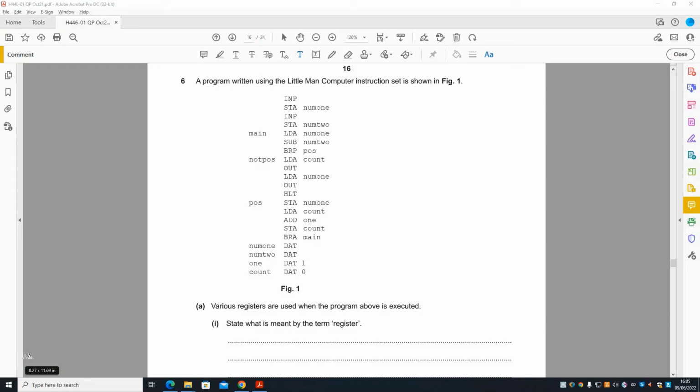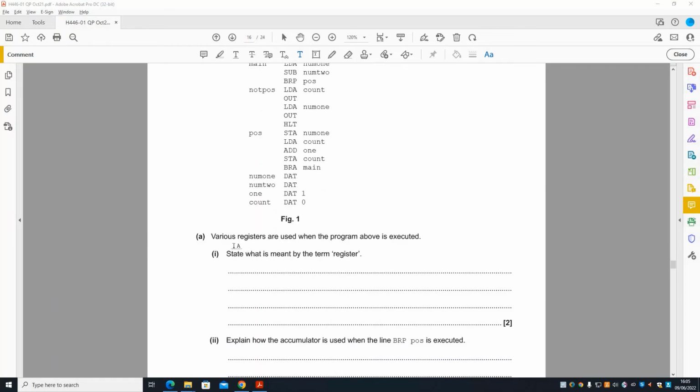Question 6. A program written using Little Man Computer instruction set is shown in figure 1. And then we've got a load of code in Little Man Computer. Various registers are used when the program above is executed. State what is meant by the term register. Okay, so that's simple. That's just a memory location used to store data, and it's quite fast. So we can say fast, then